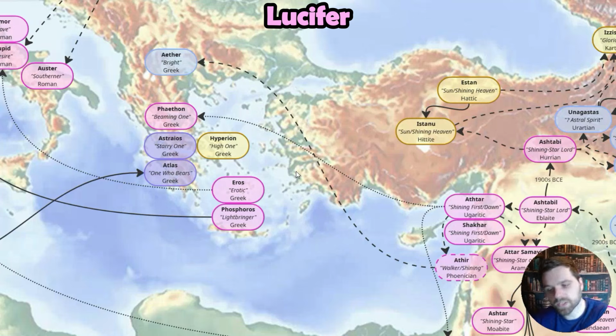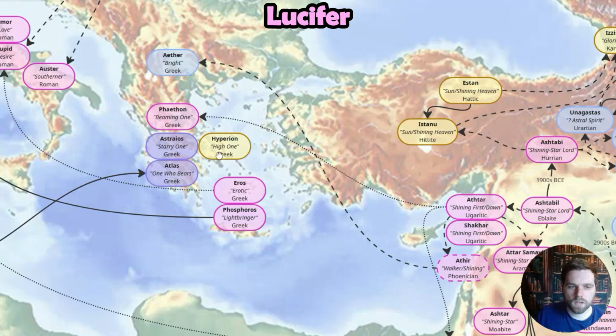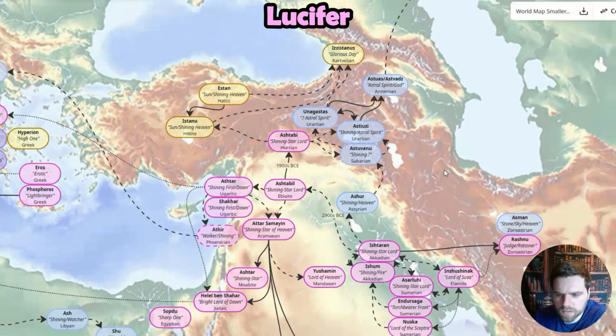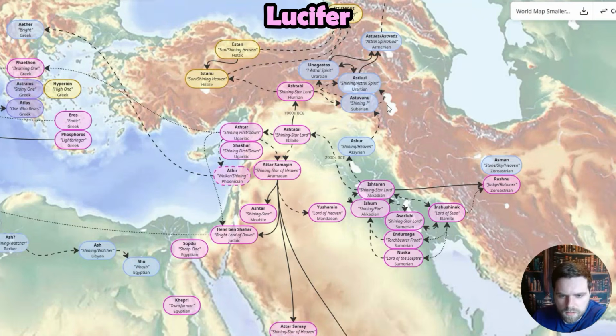So Phaethon is the son of Helios, the sun, and represents Venus. And there's a story where Phaethon tries to ride Helios's chariot, and he fails to control it, and he falls down into a river and drowns, presumably. Phaethon is considered to be another symbolic basis for Lucifer. And with that, we basically have the Ishtaran-Ishtar complex here.